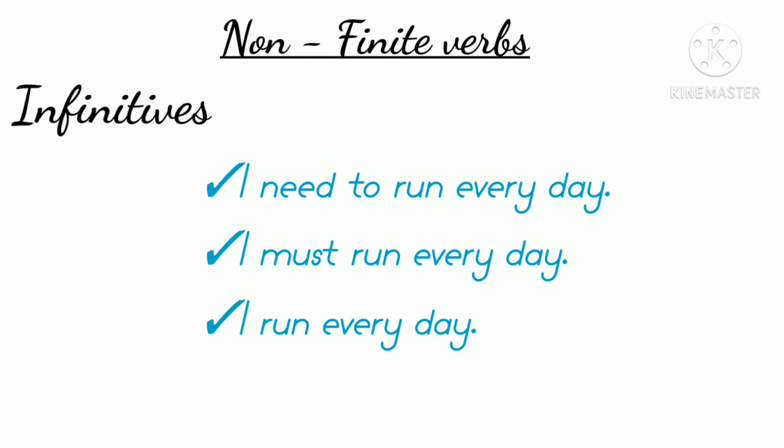The infinitive form of a verb is the basic form. It is the version of the verb which appears in a dictionary. Examples: to run, to dance, to think. But these are not always preceded by to. Here are some examples: I need to run every day. Here the infinitive form with the word to is called the full infinitive or true infinitive.